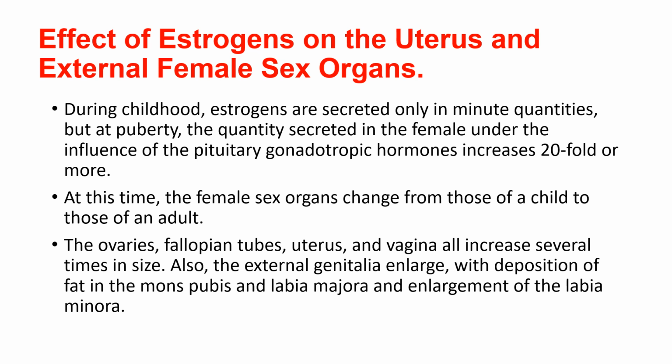During childhood, estrogens are secreted only in minute quantities, but at puberty, the quantity secreted in the female under the influence of the pituitary gonadotropic hormones increases 20-fold or more. At this time, the female sex organs change from those of a child to those of an adult. The ovaries, fallopian tubes, uterus, and vagina all increase several times in size. Also, the external genitalia enlarge, with deposition of fat in the mons pubis and labia majora and enlargement of the